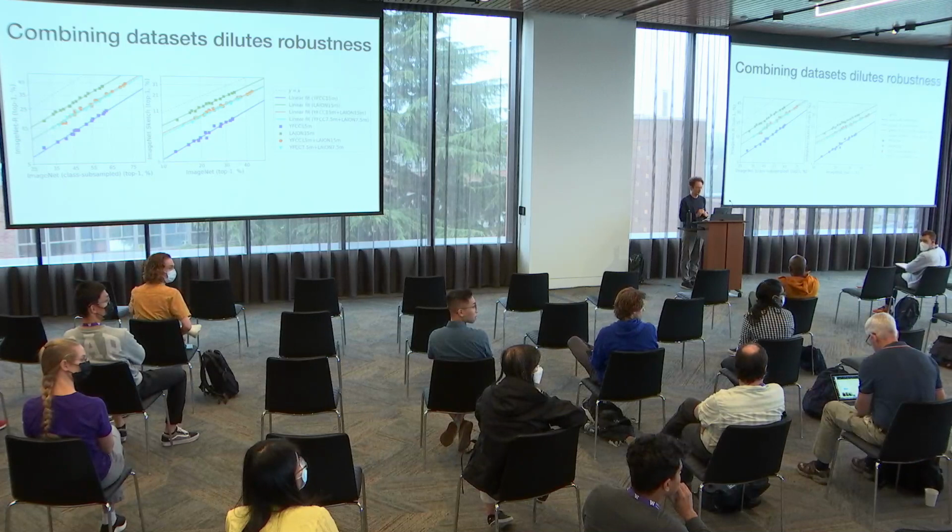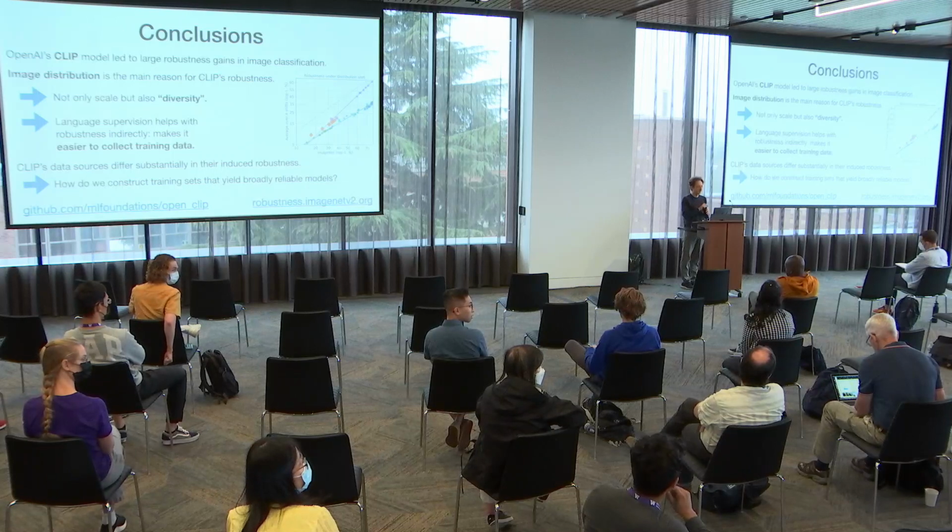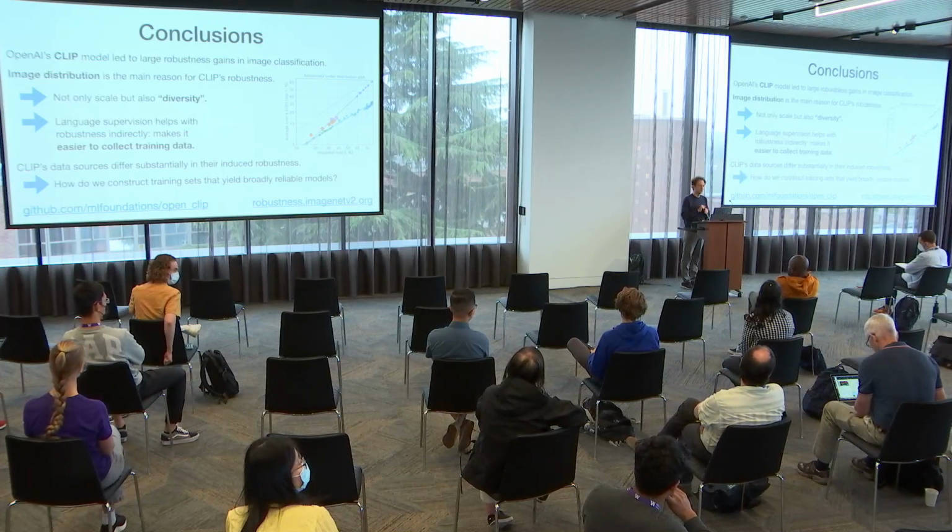Hi, so I have a question. Looking at the CLIP data set compared to Imagenet, you found these gains. There's probably work with Imagenet compared to other computer vision data sets in the robustness space. So is there any work that might have hinted toward these differences between the pre-training data sets?